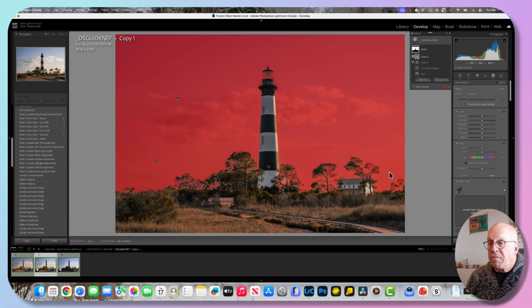And now the one final thing is I do have the grasses also. They're a little bit brighter. So I'm going to use intersect. And to use intersect, the easiest way, if you're on a Mac, use Option. I believe it's Alt on a PC. If you hold that down, that button changes to intersect. And I'm just going to select a linear gradient, and just down here below the tree line, and you could see,